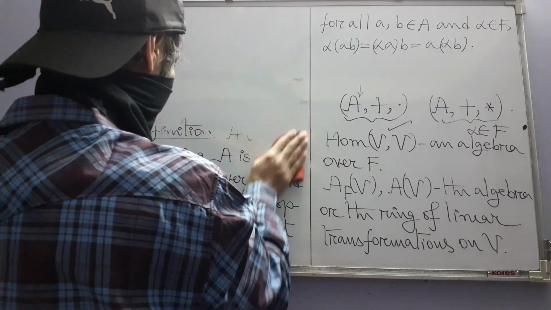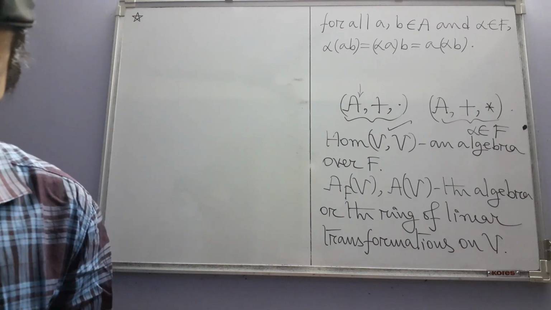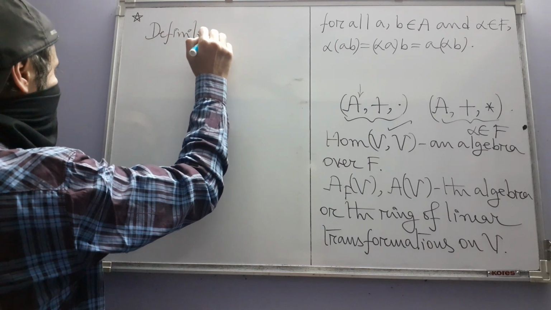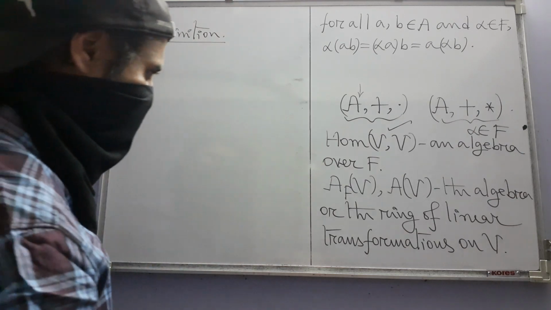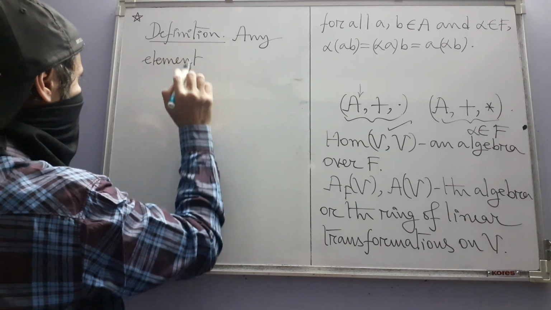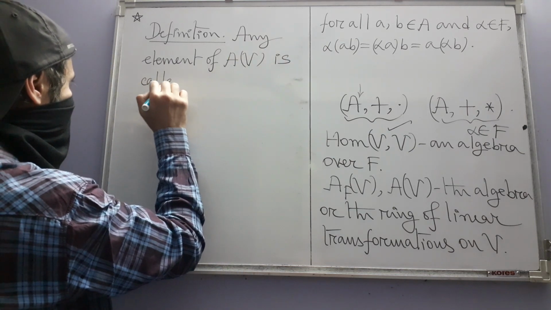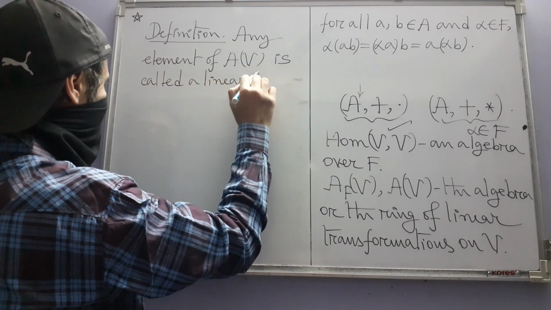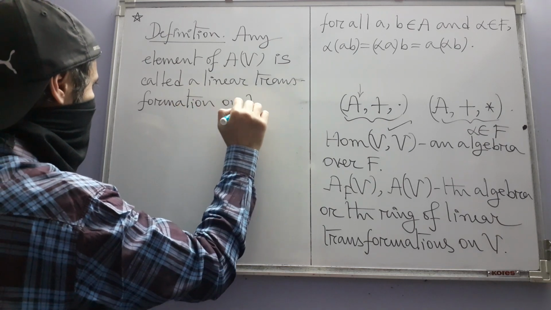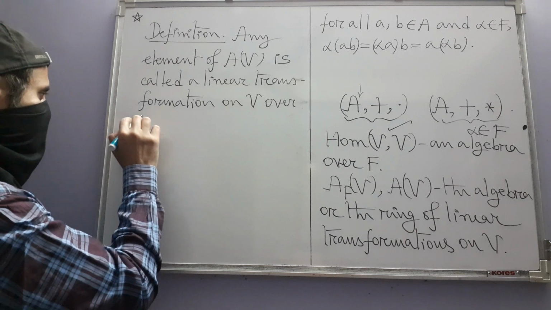A linear transformation is just a vector space homomorphism, that's it. I don't know, maybe this is not given as a definition in the text, but let me just write it as a definition. Any element of this is called a linear transformation on V. To indicate the fact that there is an underlying field and what that field is, we also write on V